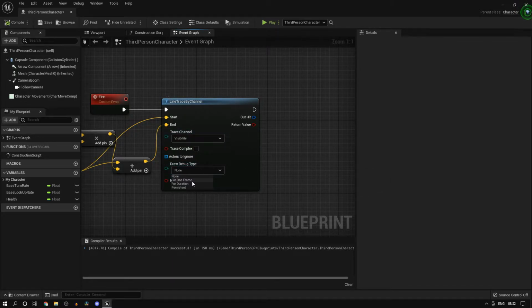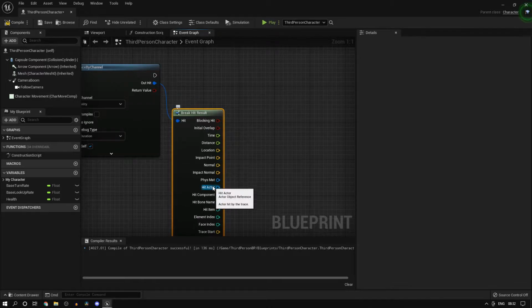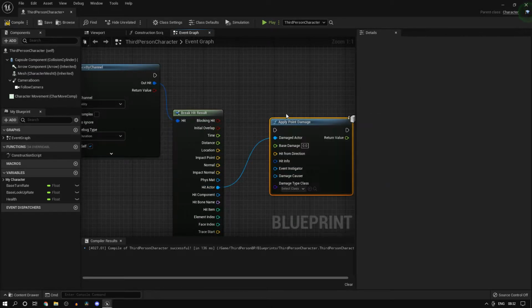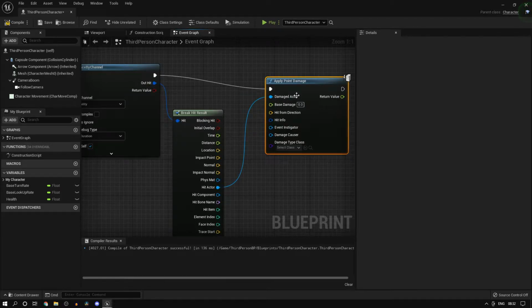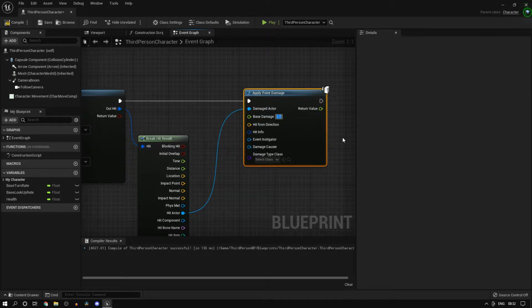Let's draw debug for duration, so it'll be there for a few seconds. Then we can break this hit result, and on the hit actor we are going to apply damage. We'll apply point damage, and I'll be talking about all of these in detail. Let's say 30.